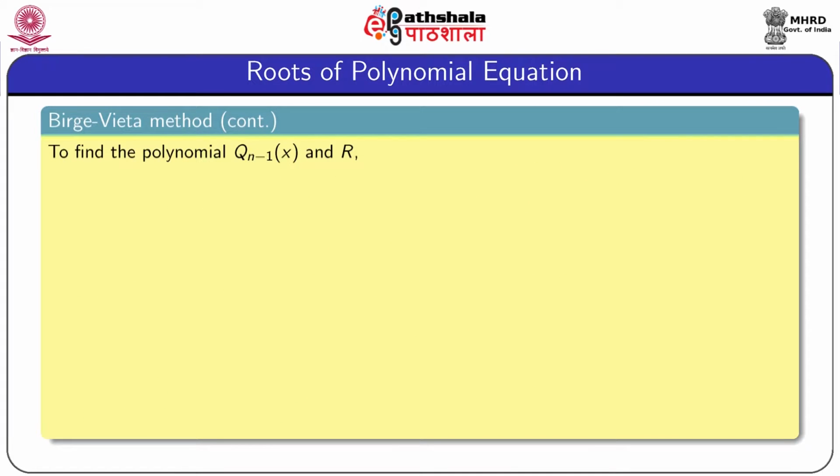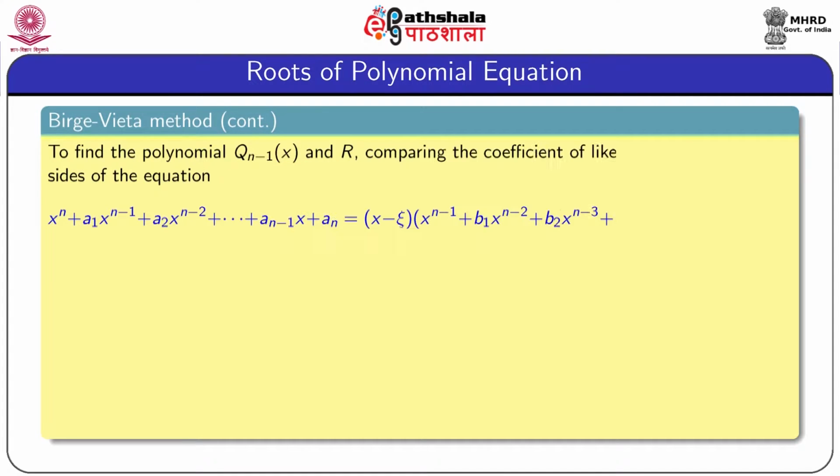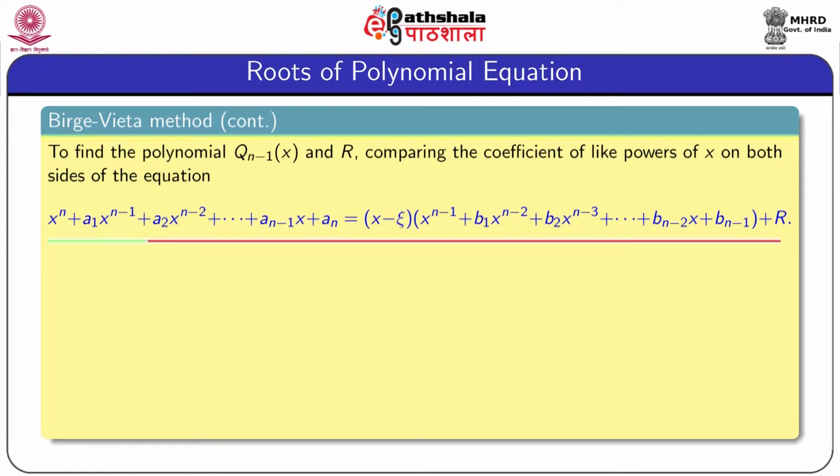Now, our problem is to find the quotient polynomial Q_{n-1}(x) and R. For this purpose, we compare the like powers of x on both sides of the last equation. That means the equation is x^n + a1 x^(n-1) + ... + an. This is the polynomial Pn, and the right side is